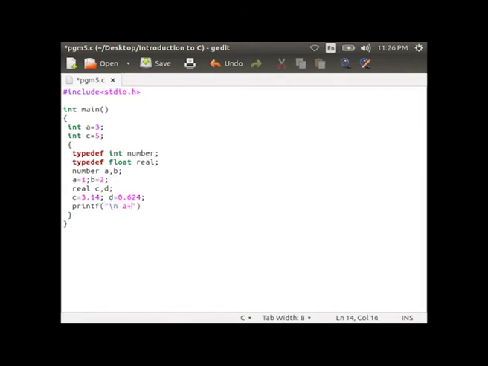Then printf a plus b equal to percentage d comma a plus b. Then printf c plus d equal to percentage f comma c plus d. Then close the curly brace, printf a plus c equal to percentage d comma a plus c, then return 0, then close the final curly brace.